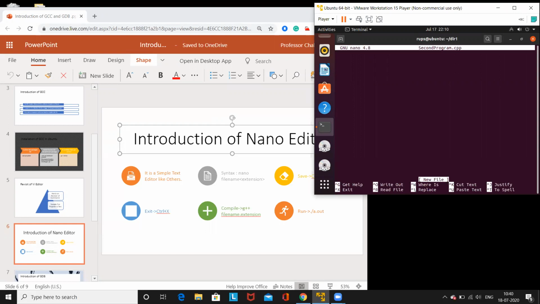See, GNU Nano 4.8. The version is already displayed here. I am using the same version. So first of all, the header file. What is iostream? It's a header file. The editor works like a proper display editor. You can see the color of include gets changed.